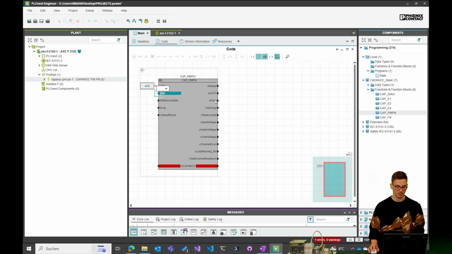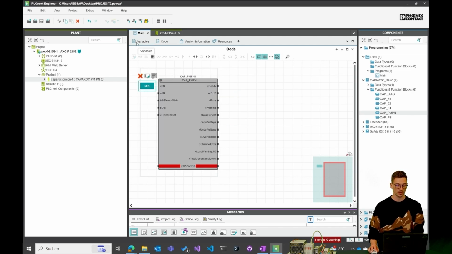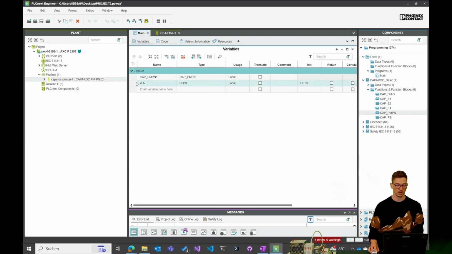double click on the input, then type your desired variable name like I did here, XEN, I named it the same, and then you can right click on the variable, create new variable, local or whatever type of variable you want to create. In this case it's a local variable, so it will automatically create a variable here in the variable list, and also choose the according variable type, according to your input.